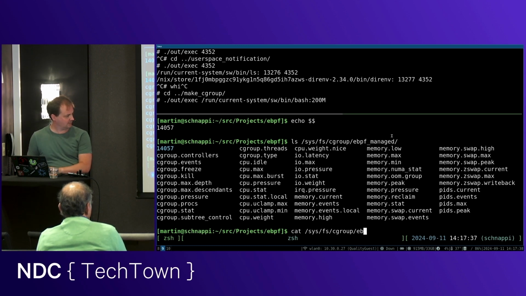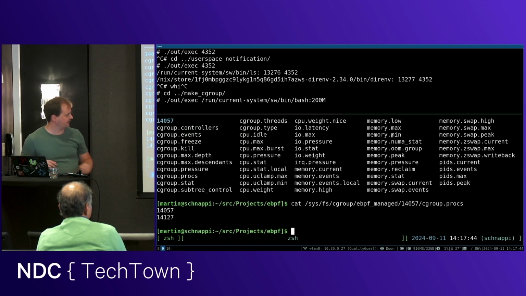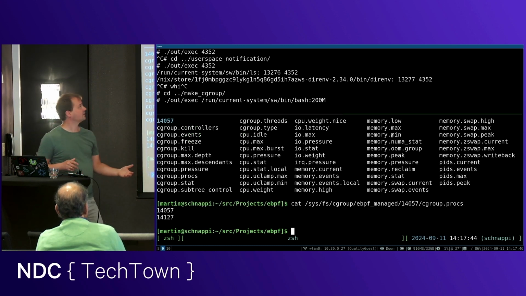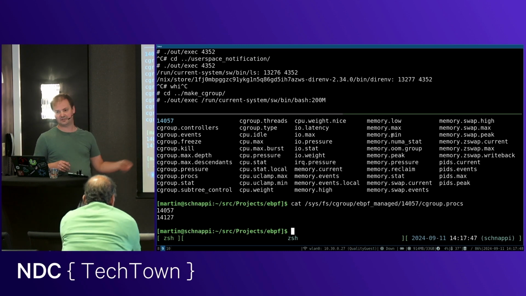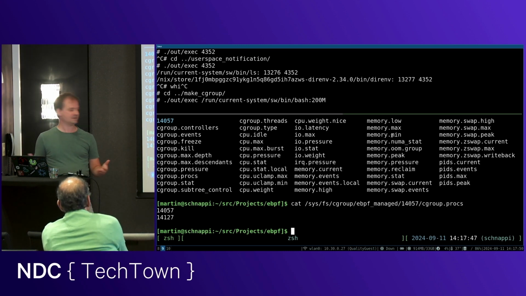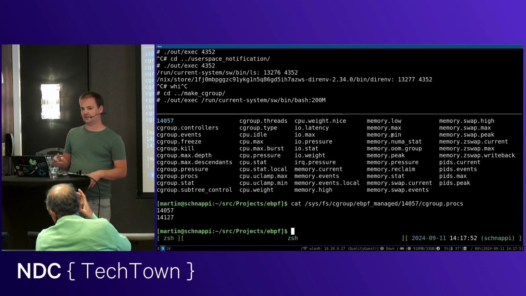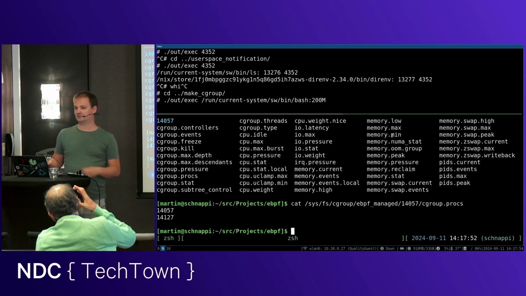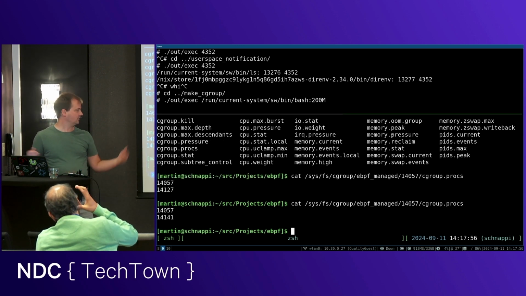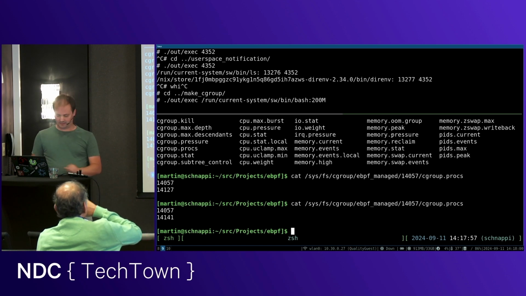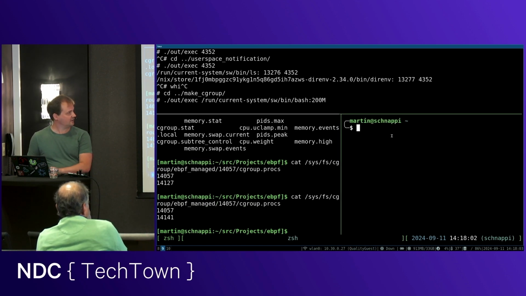Sysfs Cgroup 14.057. And these are the processes that are currently in it. Now 14.057 is of course my current bash process. 14.127 is the cat process that I just created. So that one will always change. If I create another bash session,